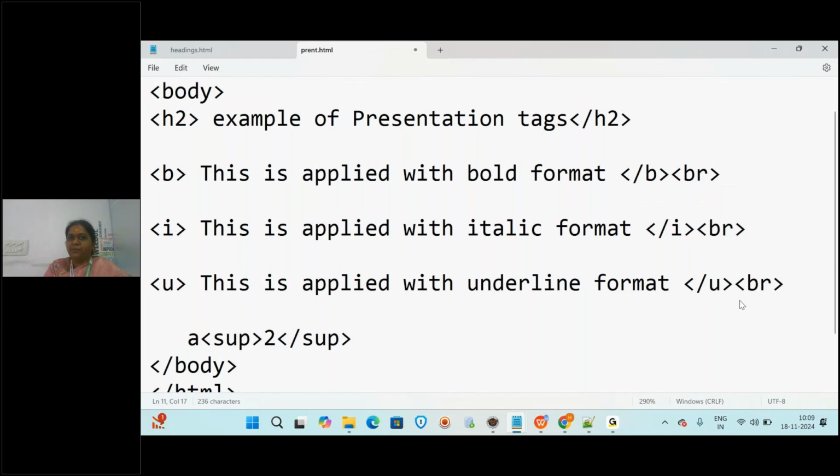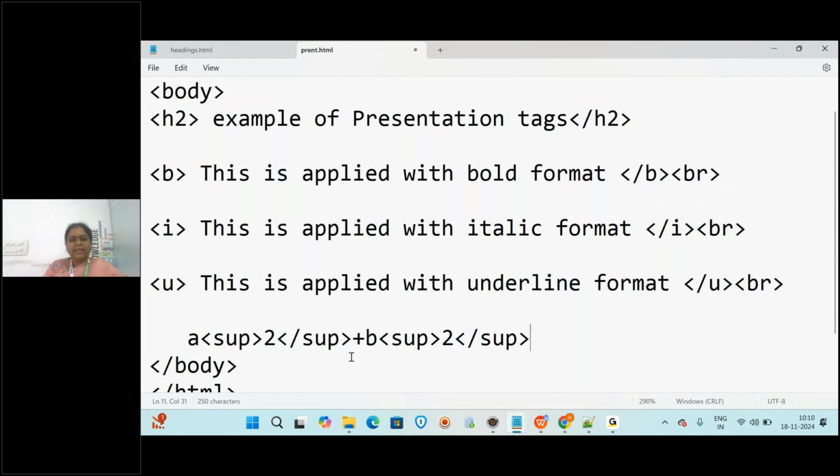That means what will come here? First a is displayed. Whatever we wrote in this sup tag will come as a square. And then again I'm writing plus b, and again I'm opening the sup tag, writing 2, and closing the sup tag. Now what will be the output?